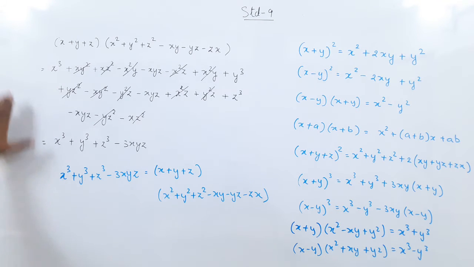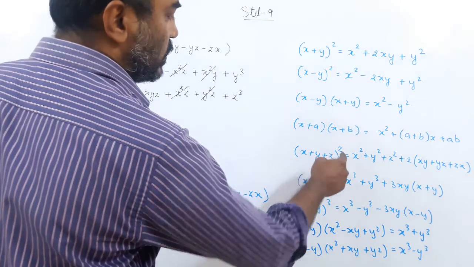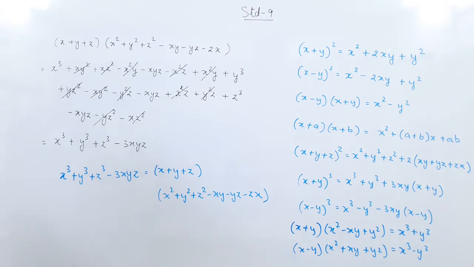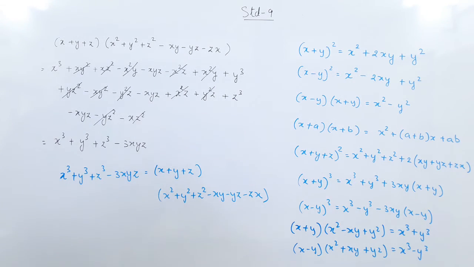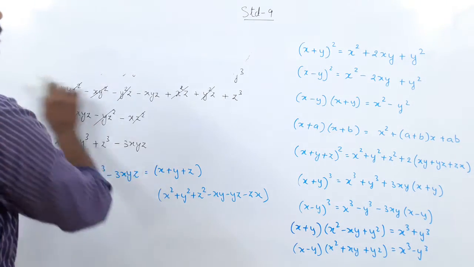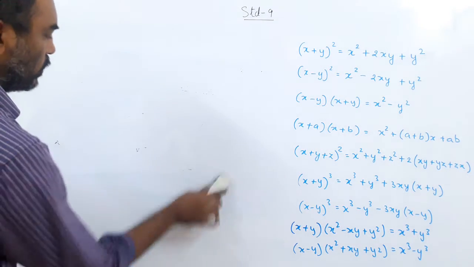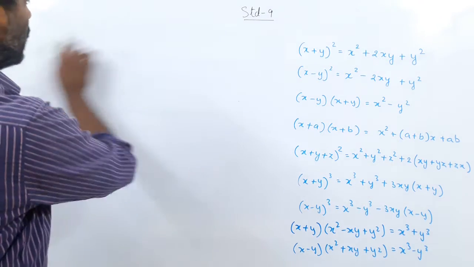So see it carefully. I have just multiplied and opened up, but still I want to do one more thing, because since we have done the chapter and we have done the expansion, we have done x plus y plus z the whole square. So why not do the whole cube also? It may or may not be in the book, but it is a formula that we can always work on. So let us do it also and see what we get. I hope you follow what I am trying to imply, right?